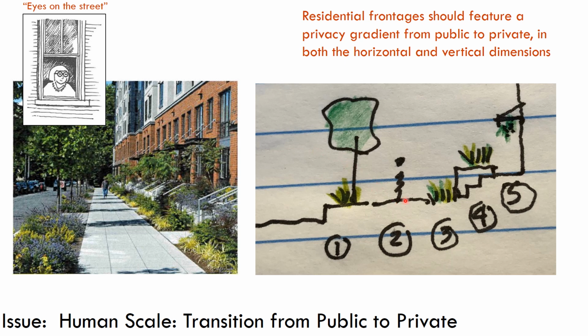We have the sidewalk. We have a very narrow strip here of low-level plants. We have a step going up, the planter along there as well. We have the stoop, and then we go inside the unit. And then even above the porch, we have a hanging trellis. So we have all these different layers of different green. And so in about, oh, this might not even be 10 feet of space, we have this complete transformation from public to private.